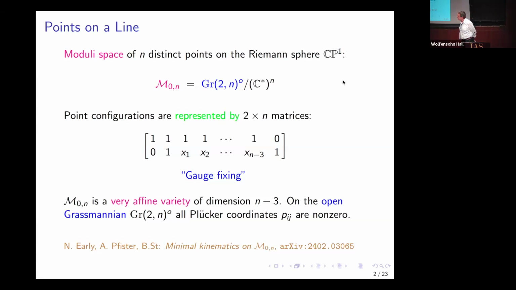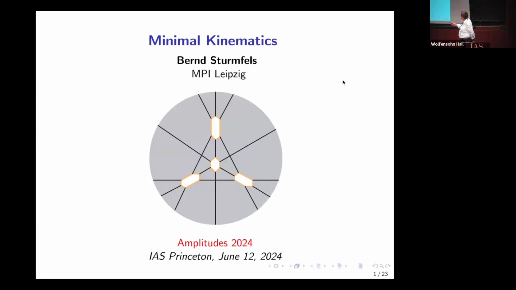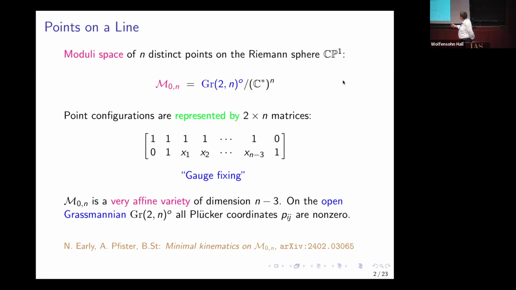So I can fix 3 of the points to be (1,0), (1,1), and (0,1), and then the remaining n minus 3 points are unknown. So I have n minus 3 unknowns. So this moduli space is a very affine variety of dimension n minus 3, the n minus 3 degrees of